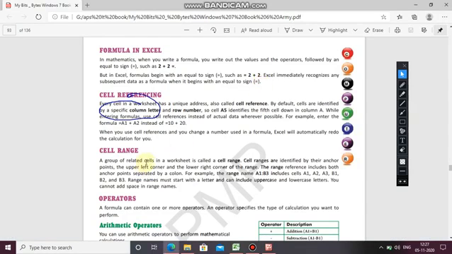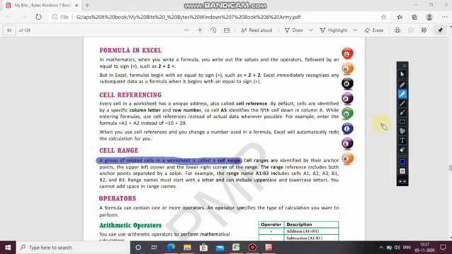Now coming to the cell range. What is a cell range? A group of related cells in a worksheet is called a cell range.